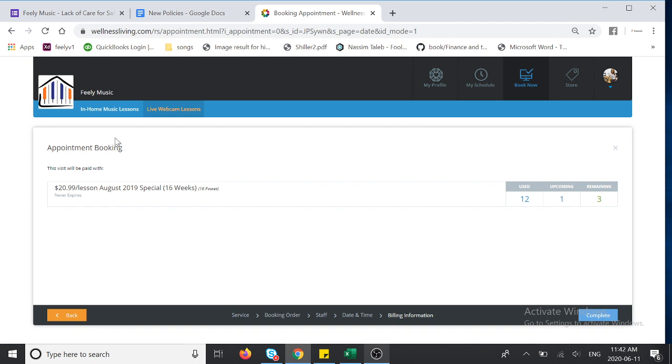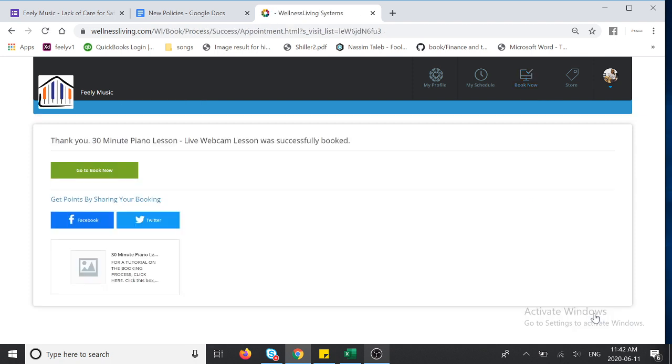So I've booked the teacher up and now I'm at the page where I'm actually paying or using my current passes to provide payment for the lesson. The lessons online are going to be the same cost as the in-home lessons. And the passes that you purchase are going to be interchangeable between either in-home music lessons or live webcam lessons. So that means you don't have to worry about a different payment system. So I'm going to use one of the 3 remaining passes to book my lesson,